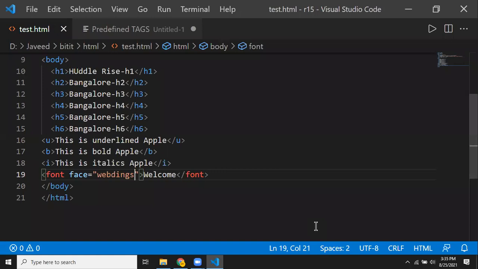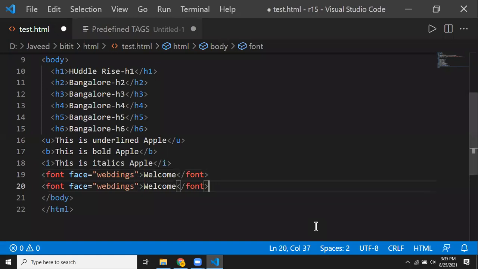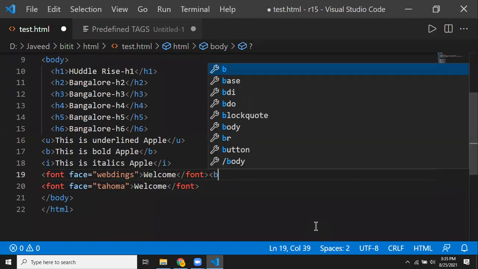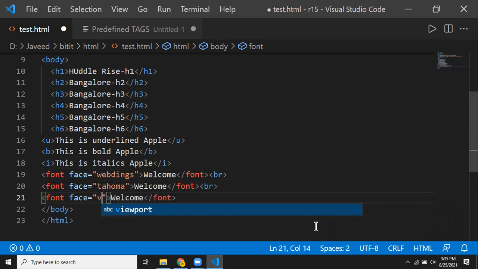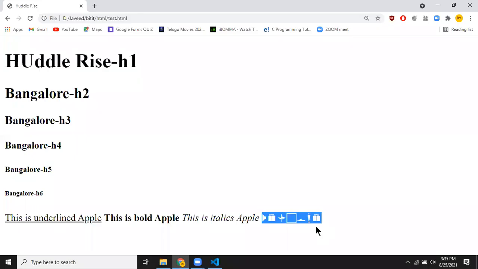Now what I've done is use the font face equal to something I've written. If I'm using a font like, let us say, Tahoma, a font name, or let me use one more font, Verdana, the change you're going to see in the font style is going to be little.